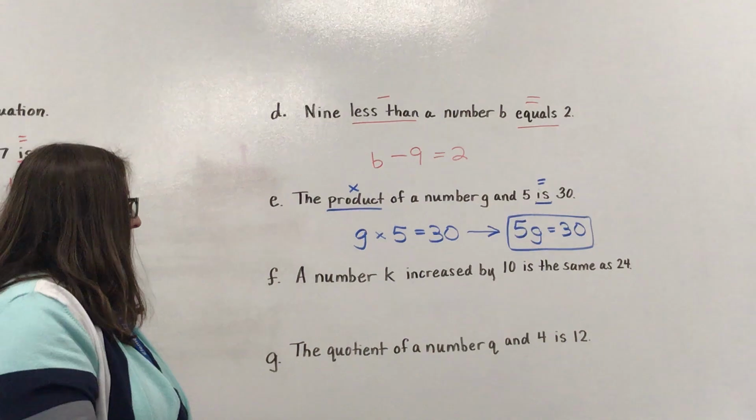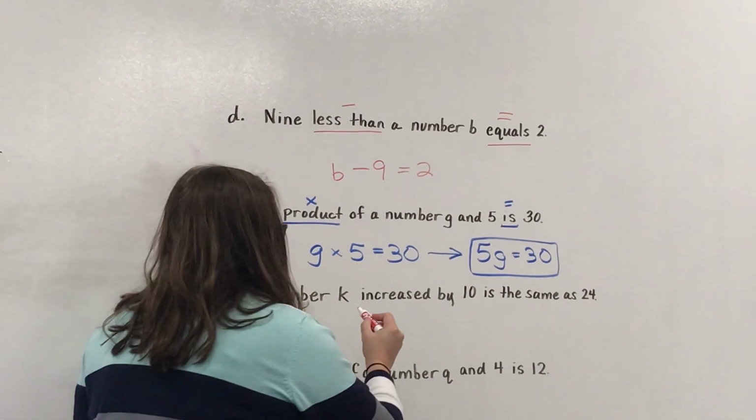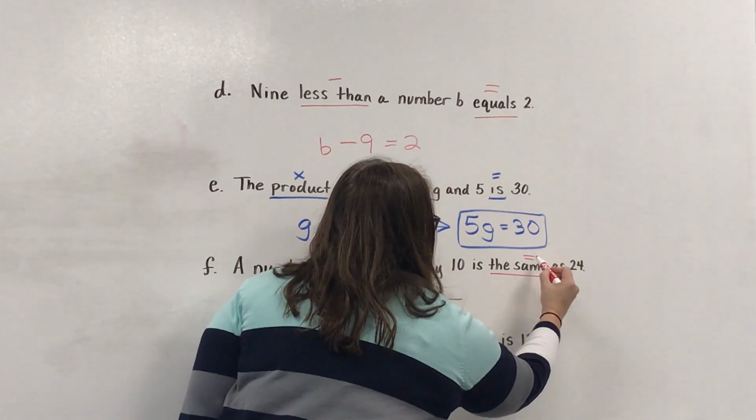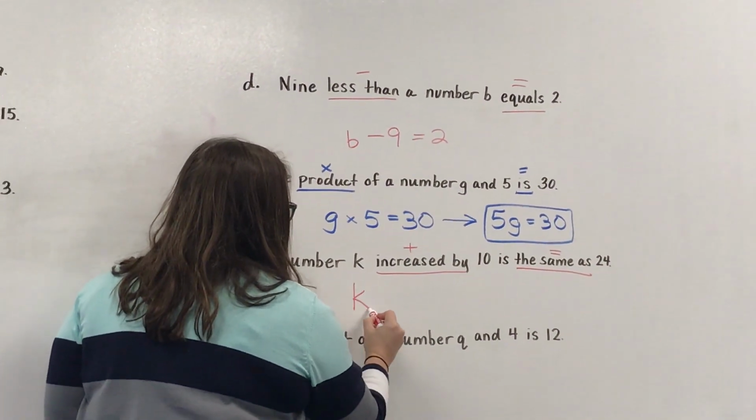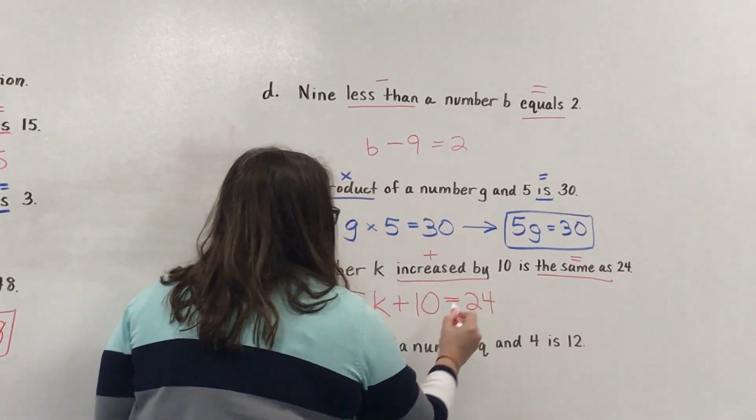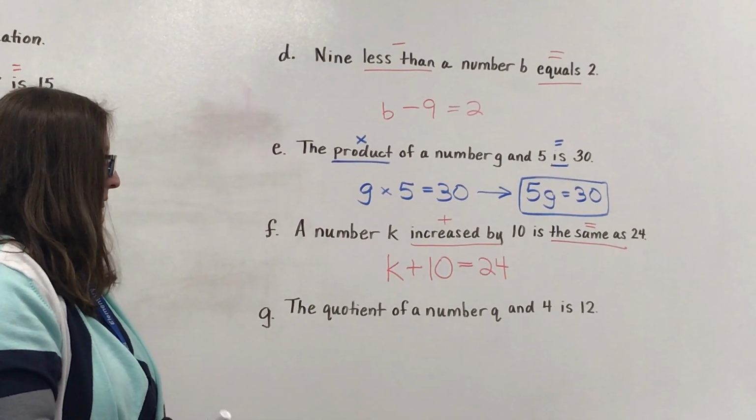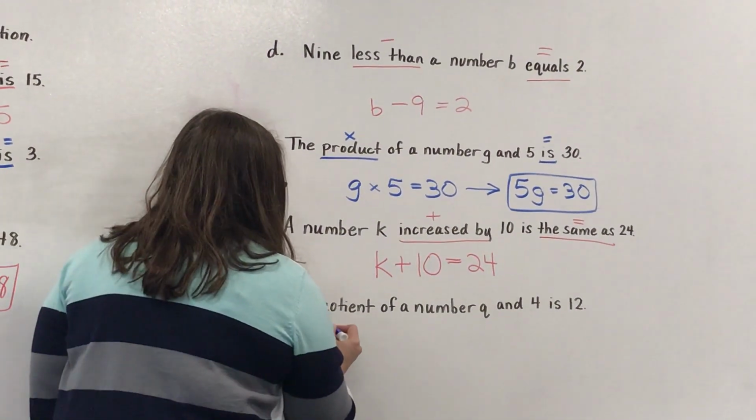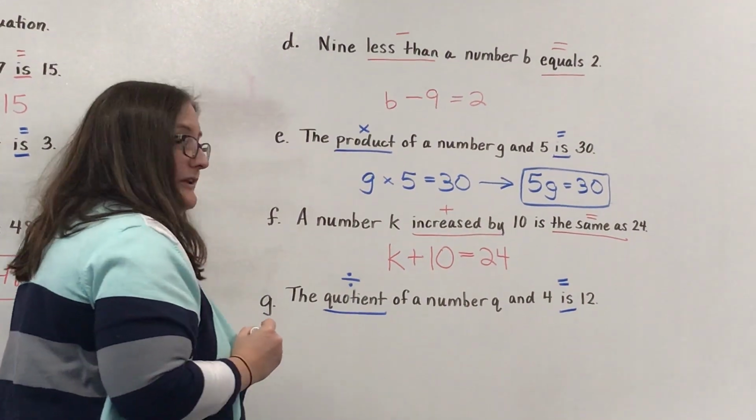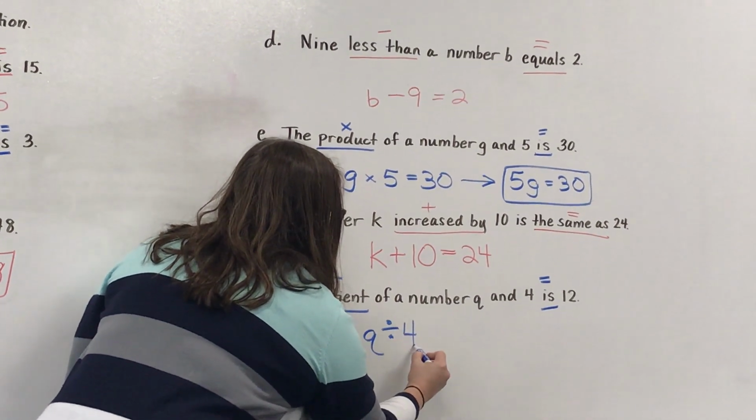In our next example, a number k is increased by 10, and that is the same as 24. So increased by means I'm going to be adding. The same as is where my equal sign is going to go. So I have k is being added to 10, and it is equal to 24. In our last example, we have the quotient of a number q and 4 is 12. Quotient is the answer to a division problem. And the word is where the equal sign is going to go. So this time we're dividing q and 4, and our answer is